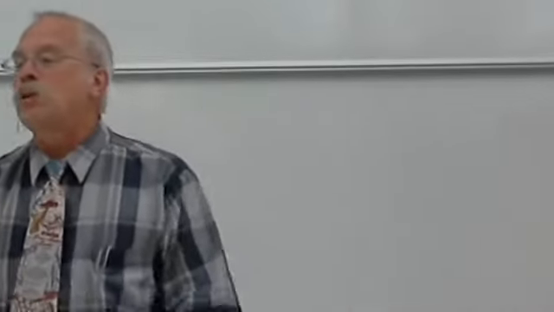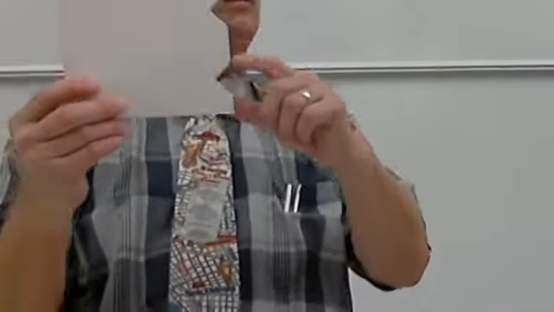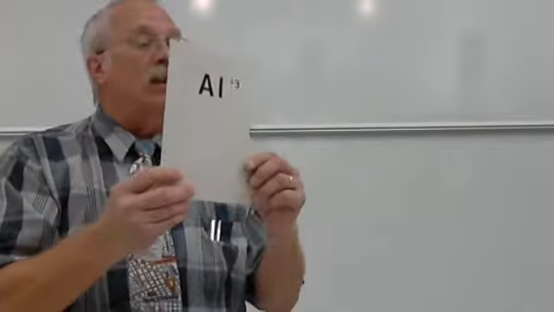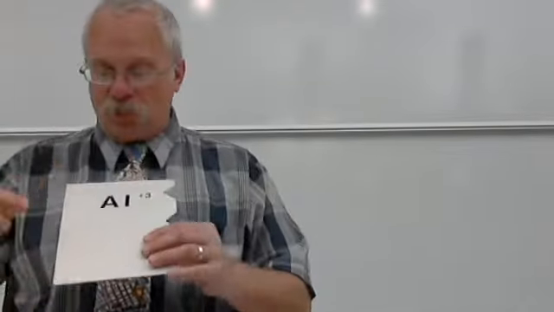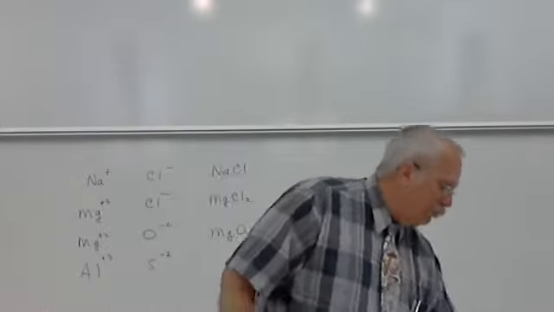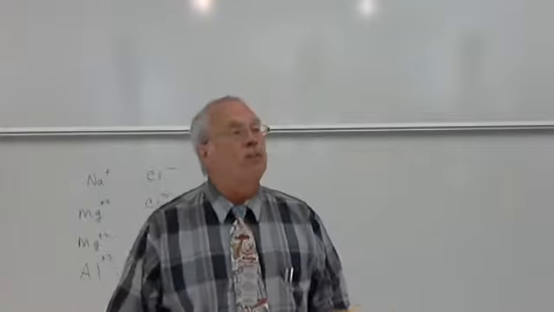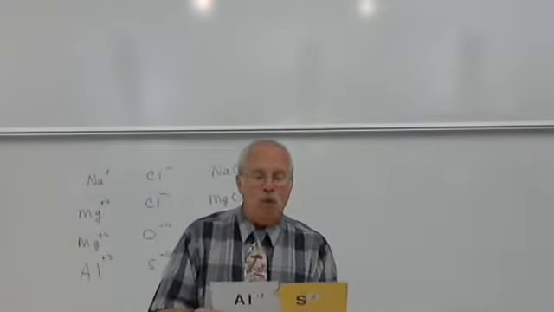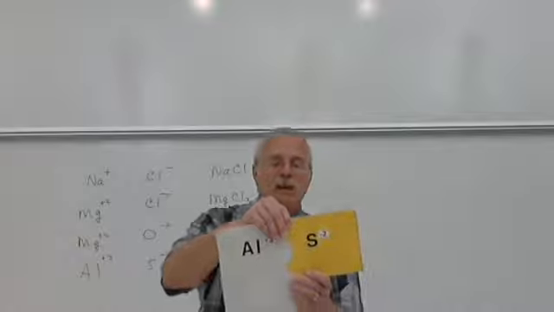And this card represents aluminum, and notice that there are 3 notches out of the side of the card, and that means it's lost 3 electrons, and so it has a +3 charge, like we expect for aluminum. Here is sulfur. Sulfur is a -2 charge, and that means it has gained 2 electrons, so you'll see 2 bumps on this side. So if I'm going to put these together into a compound, will a 1-to-1 combination satisfy